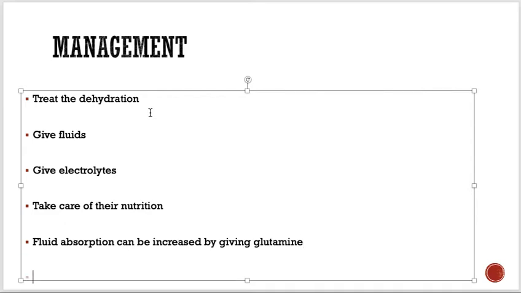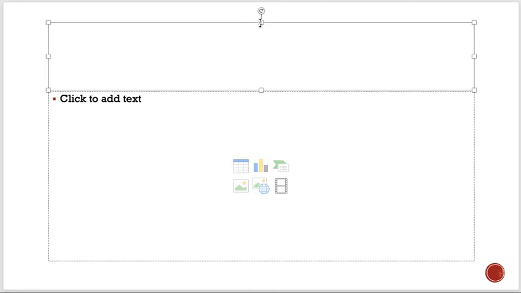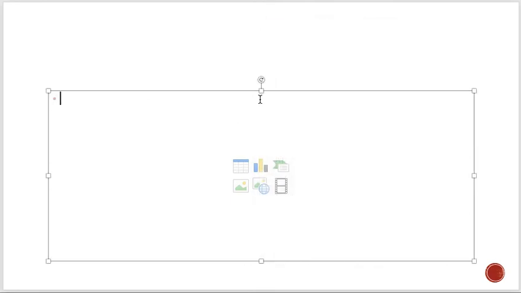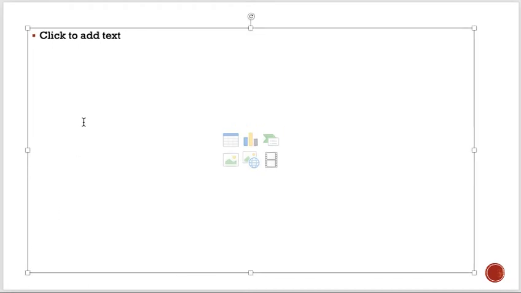Sometimes we go for symptomatic treatment, like to stop diarrhea. We use anti-motility drugs like loperamide. It comes by the name of loperamide, Lomotil, in many countries. Until now we are just treating diarrhea. We are not treating any other thing or the organism itself. But I'm talking about the treatment of diarrhea, so Lomotil can be given. But if the disease is getting too severe, we can give opiates or octreotide as well.